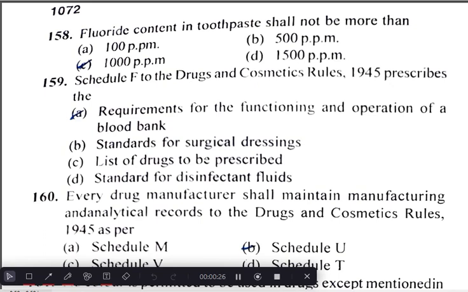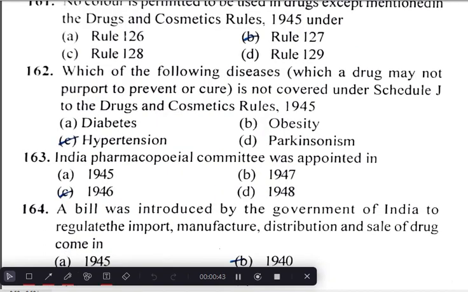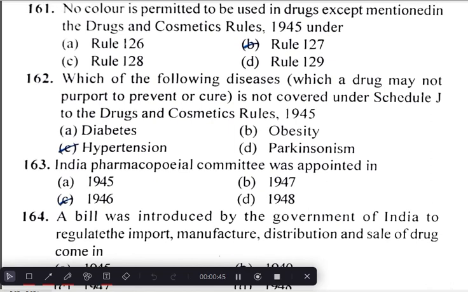Schedule F to the Drugs and Cosmetic Rules 1945 prescribes the requirement for the functioning and operation of blood bank. Every drug manufacturer shall maintain manufacturing and analytical records to the Drugs and Cosmetic Rules 1945 as per Schedule U. No color is permitted to be used in drugs except mentioned in the Drugs and Cosmetic Rules 1945 under Rule